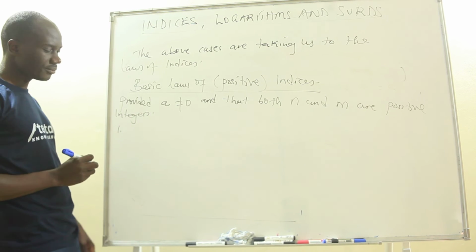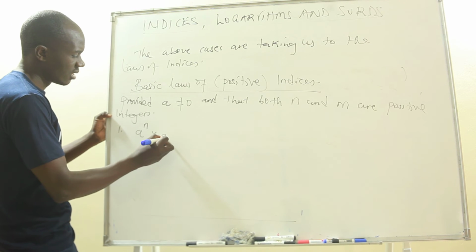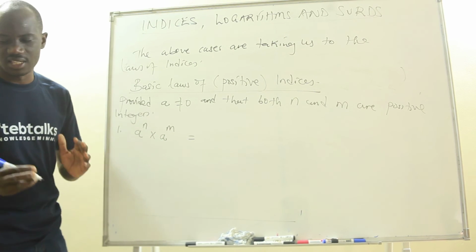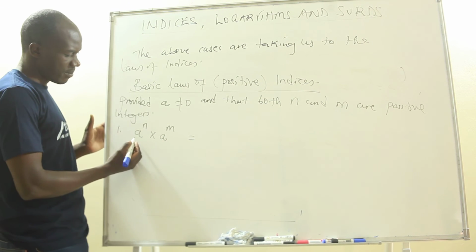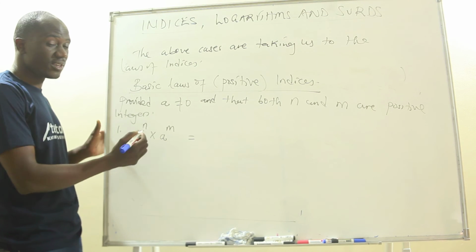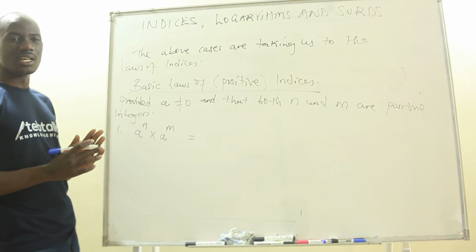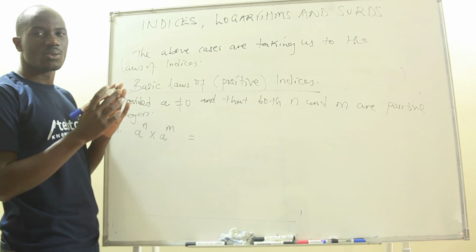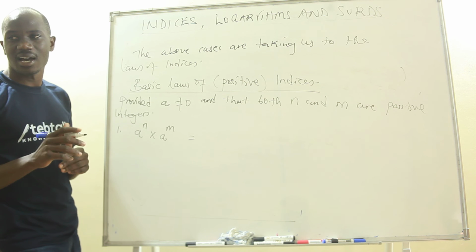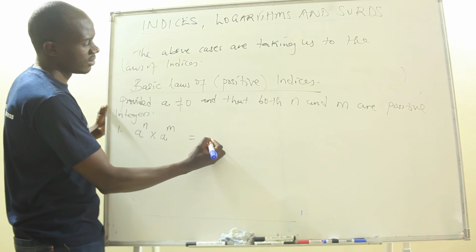Number 1, if I have A power N times A power M, this is the same as what? When we are multiplying numbers of the same base, consider base is A and another base is A, but we are having a multiplication sign and the powers are different. When the bases are the same and we are multiplying, we only add the powers. We maintain one base and we add the powers. So this becomes